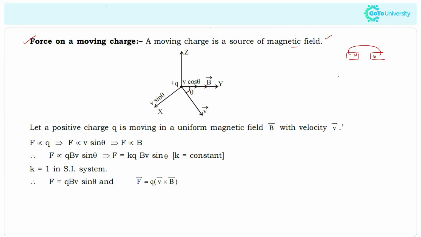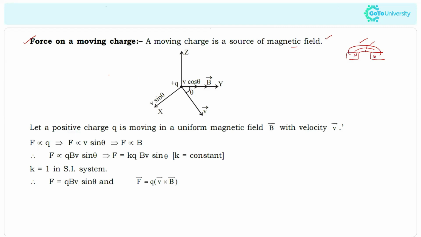Like how we studied in the electric field lines, similarly we will study here about the magnetic field strength as well. When the magnetic field lines are close together, we can say the magnetic field strength is very high. If the lines are very far, then we can say the magnetic field strength is very less in that area. Right? So now we are going to study the force on a moving charge.